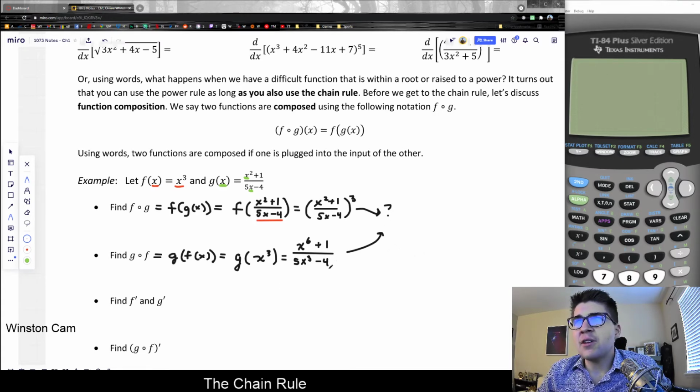Well, like if we're looking at g of f of x, this is just a rational function. It was easy to simplify. I can find the derivative just by the quotient rule here. But this one, I would actually need to fully algebraically expand it first. Chain rule is a much easier approach at that. But let's just compare the derivatives of f and g, and then see what happens if we take the